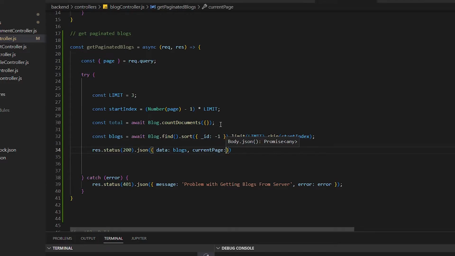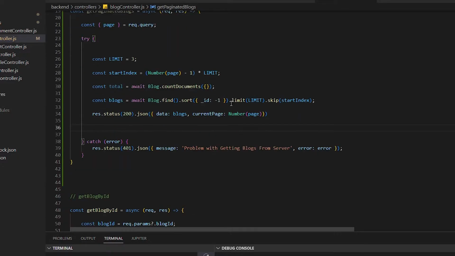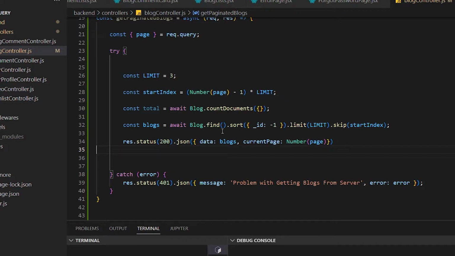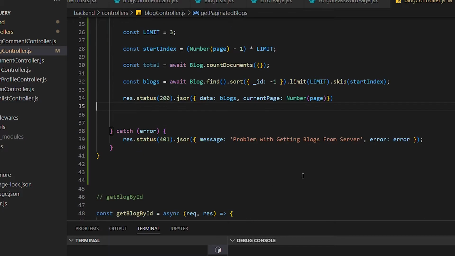The current page should be the number of the page that you are currently on. This would be coming from our query parameters from our URL, and make sure you convert it into a number, otherwise there would be a big problem. You also need one more piece of information,